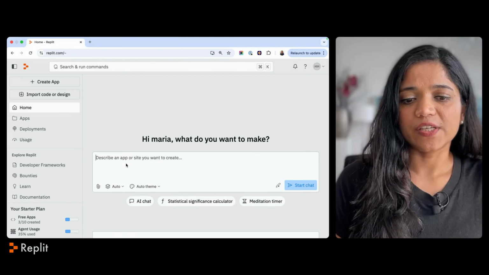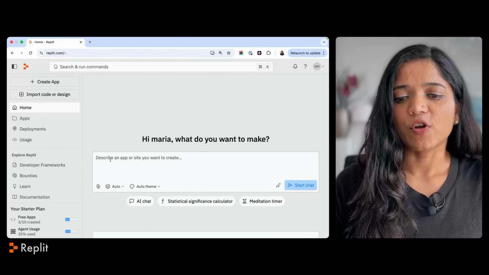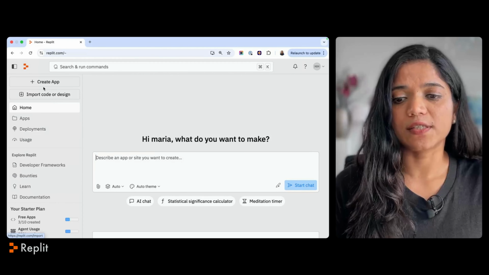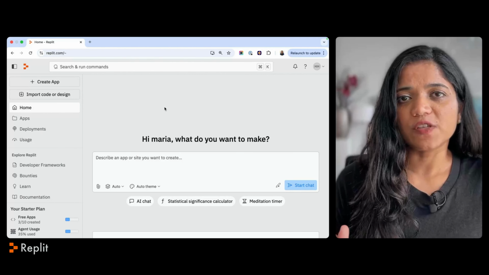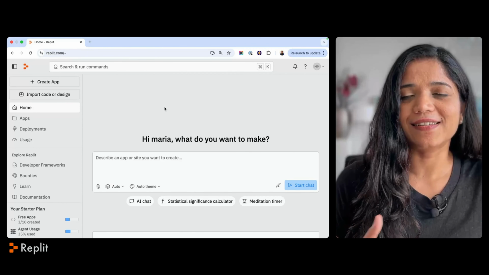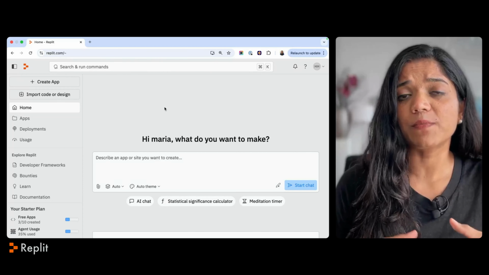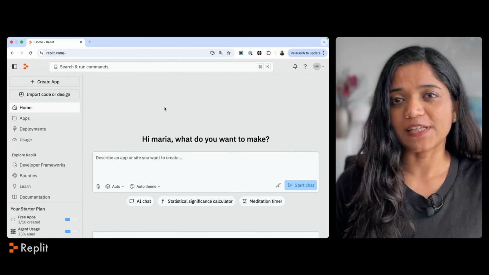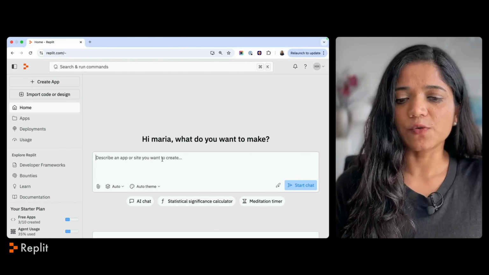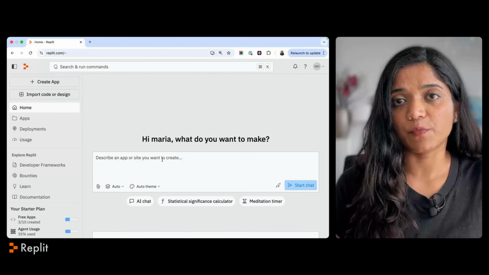Now, this is a logged in experience. Right on the main screen, they have an option to enter the prompt, and on the left hand side, they have rest of the functionalities or features. The first look and feel of this product makes me believe that it is meant for software engineers, and the reason is the software engineering tools tend to be much more complicated if you have seen any of those. It still has that common element that you find in other vibe coding tools, that you do have a main screen which has a prompting tool.